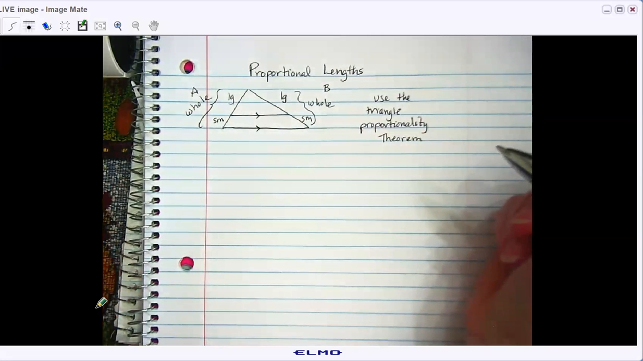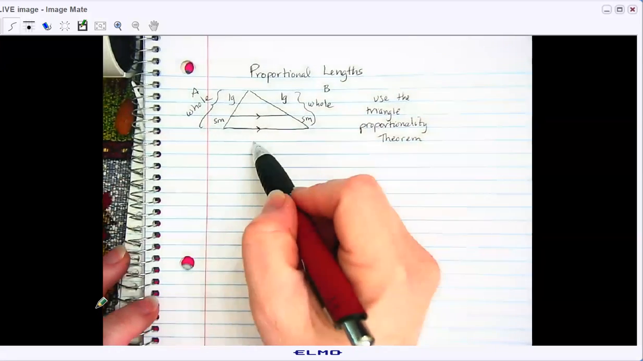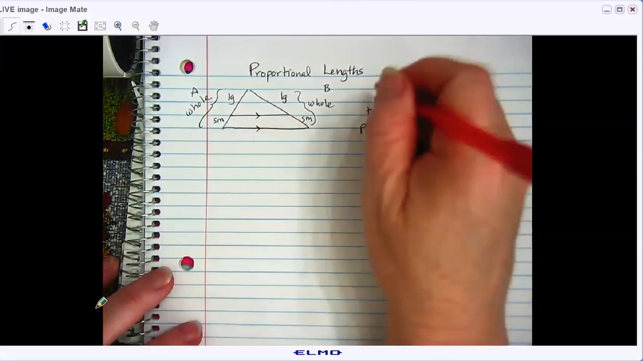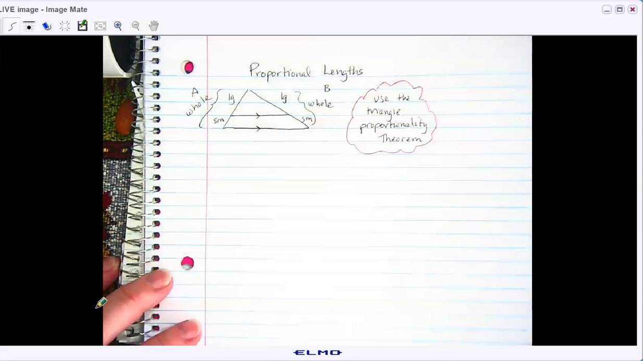Honestly, I'm more concerned about you being able to use it than able to tell me what it is. But if you just think about it as we have triangles and the sides are proportional. If these are parallel, the sides are proportional. Okay. So what that looks like is I'm going to give you numbers and we're going to have to solve